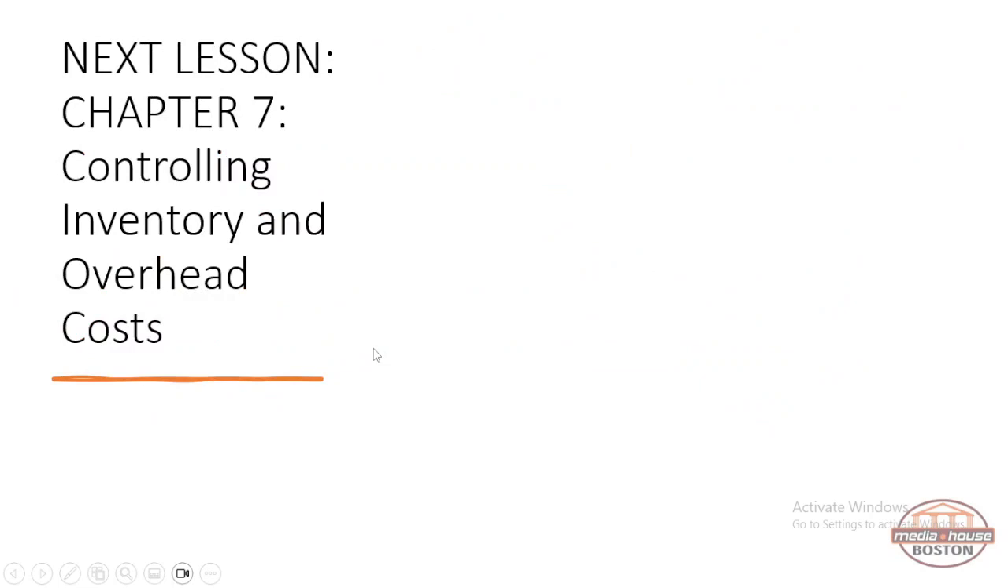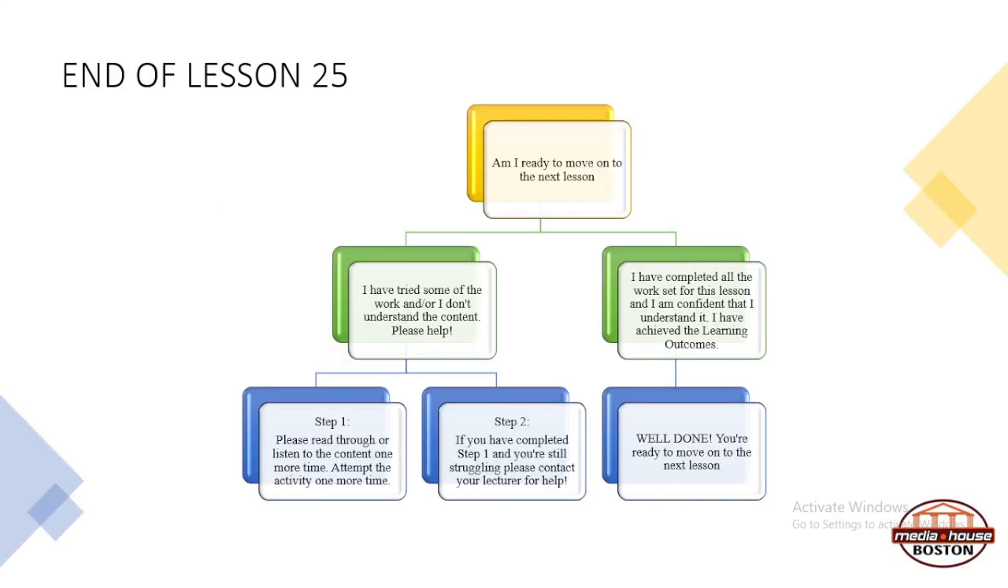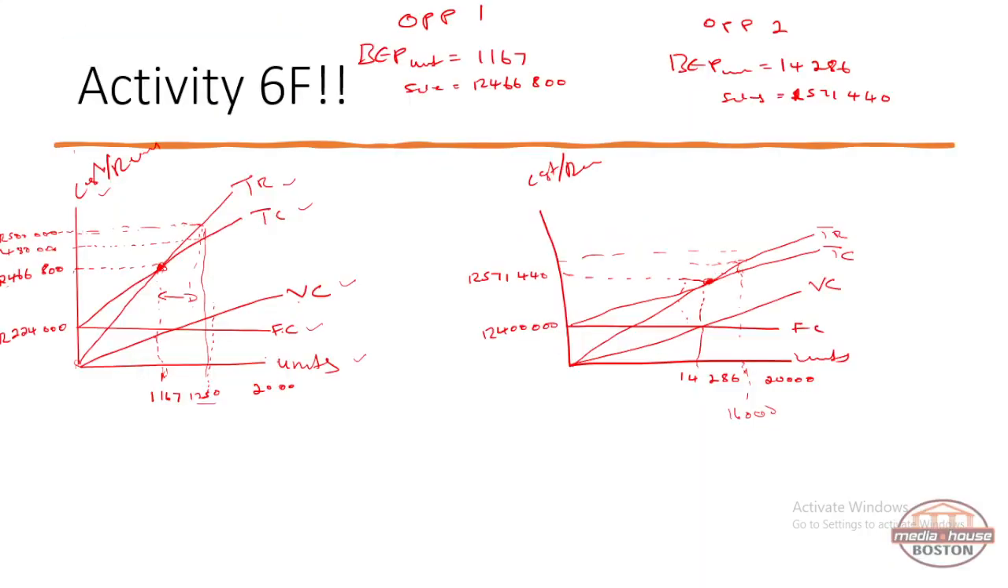Our next lesson will be controlling inventory and overhead. Please make sure that you stay tuned for this, because it's going to form part of your assessment, and therefore you will need more understanding. So under the activity that we just covered today, which is 6F, I think this is the most straightforward lesson in terms of understanding the break-even point analysis. I've just explained everything that you need to understand and know. I don't think there is any other activity after this one. So just revise this activity that we just did, activity 6F, and then you'll be good to go